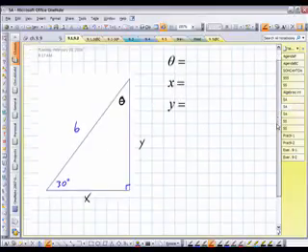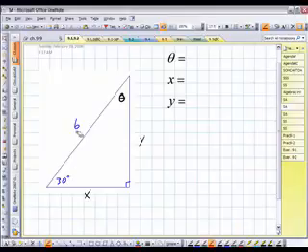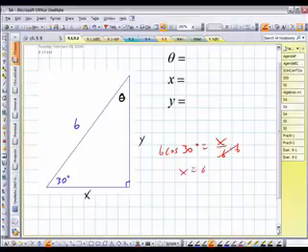Another example, we have a 30-degree angle. This is 6. Compared to this angle, x is adjacent, 6 is the hypotenuse. So adjacent over hypotenuse is cosine. So cosine of 30 degrees equals x over 6. So multiply by 6, and you get x is equal to 6 cosine 30 degrees, which is going to come